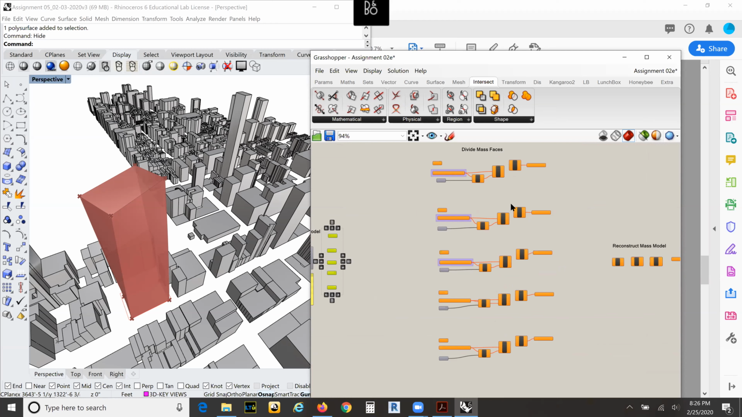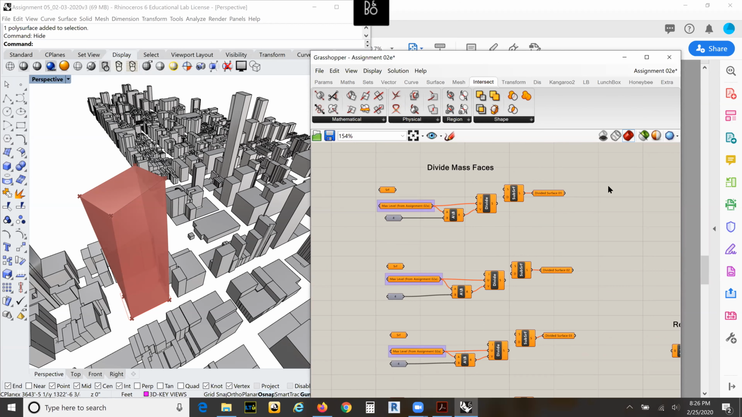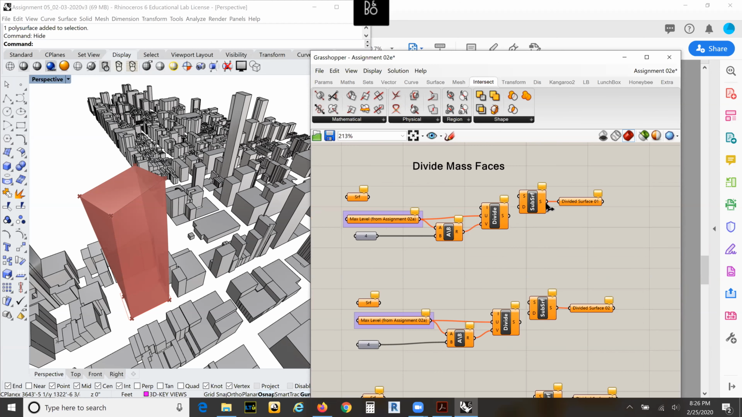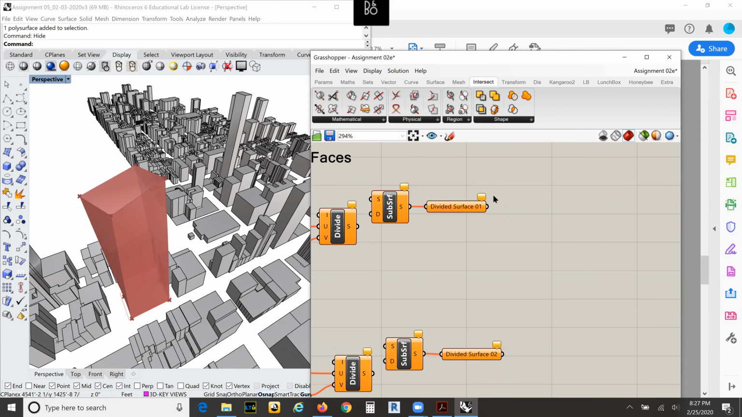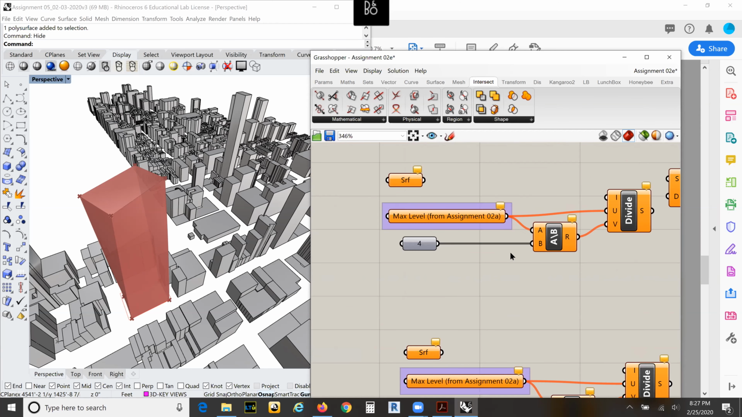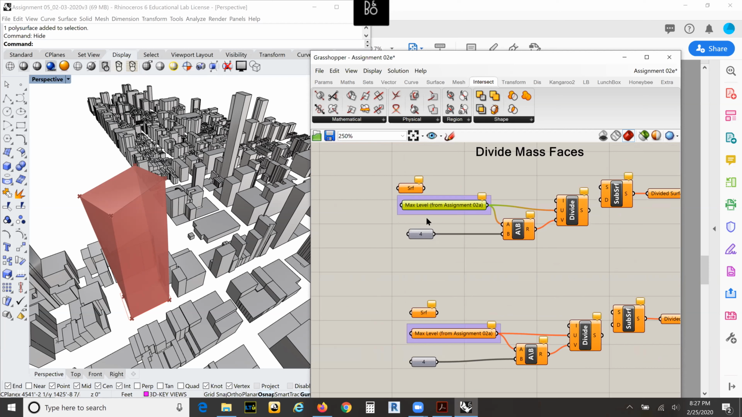Once we have those 5 faces isolated, now we need to start dividing them up. So very similar to what we did from the last assignment, except this one we don't have to worry about those errors of the domain and deconstructing the domain to divide this up. It doesn't apply for this one, but we're going to input our surface and divide it up. And we're going to divide it based off the max number of levels that we have from assignment O2A. Just a common number that we've been using through all these assignments. And so it's going to break up